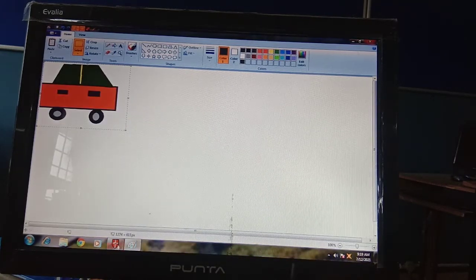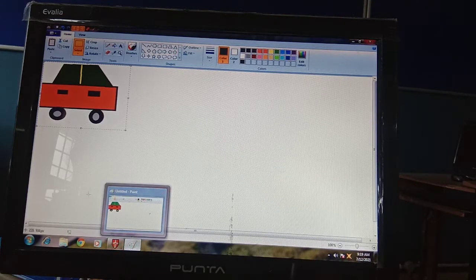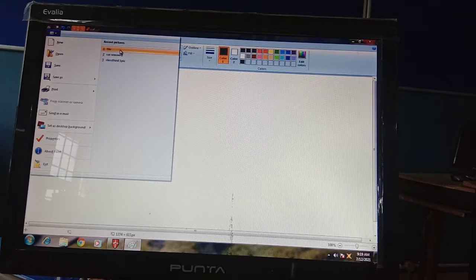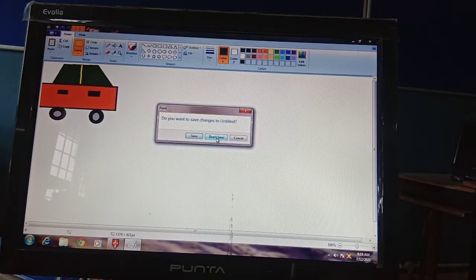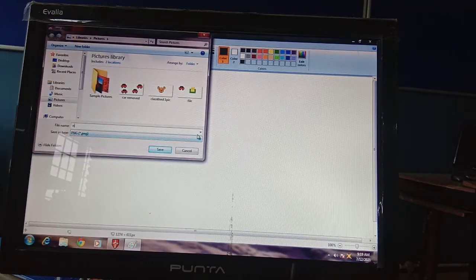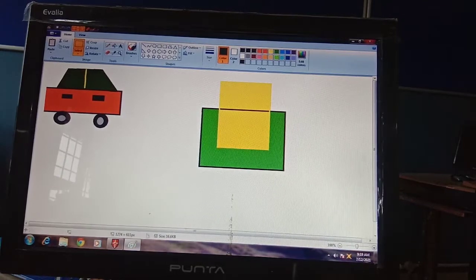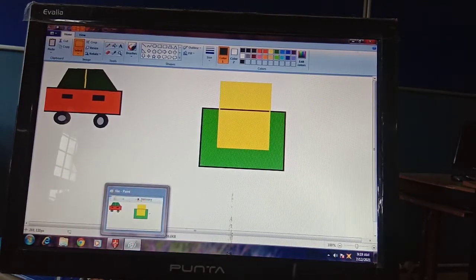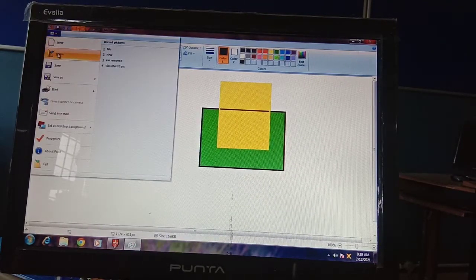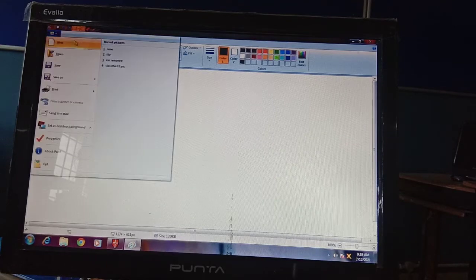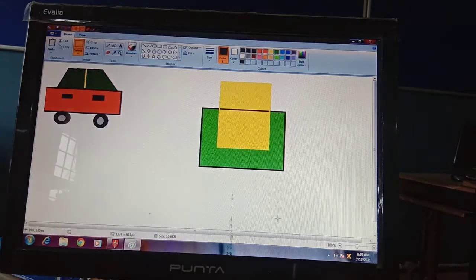So this car is pasted here. If you see our previous file, you can see the car is in the new file also, and the car is in the original file also.